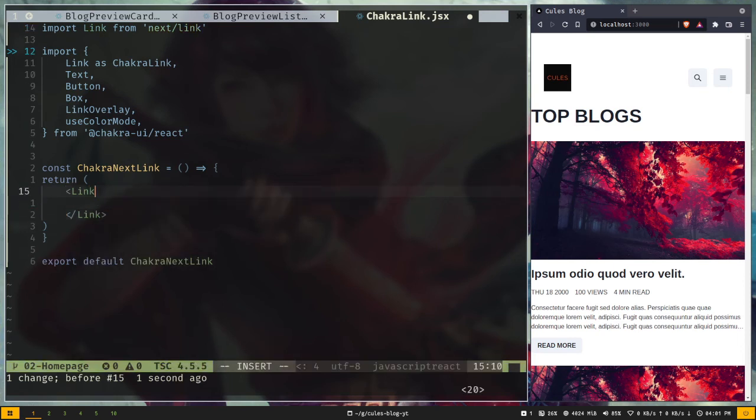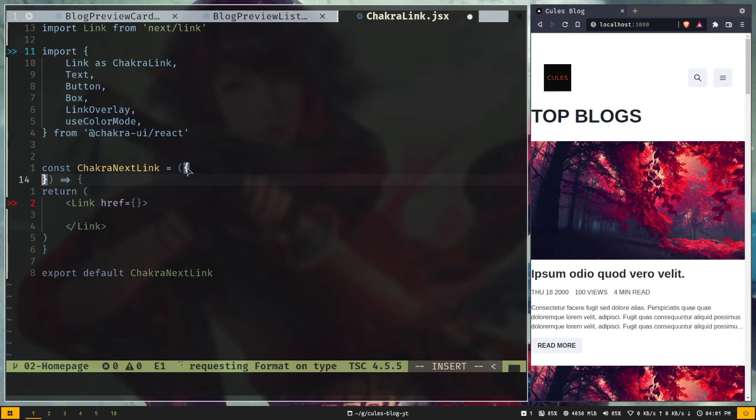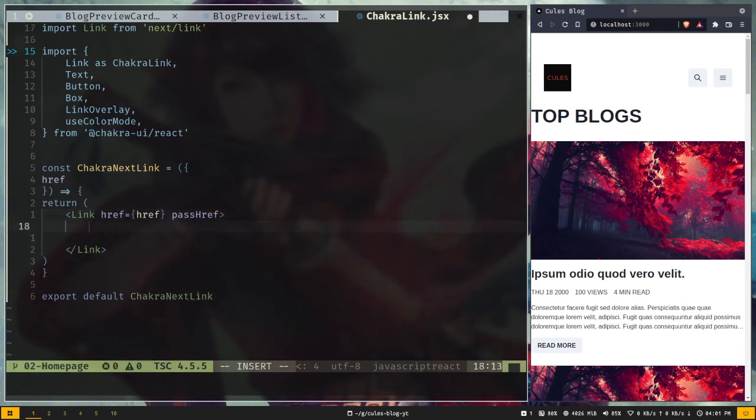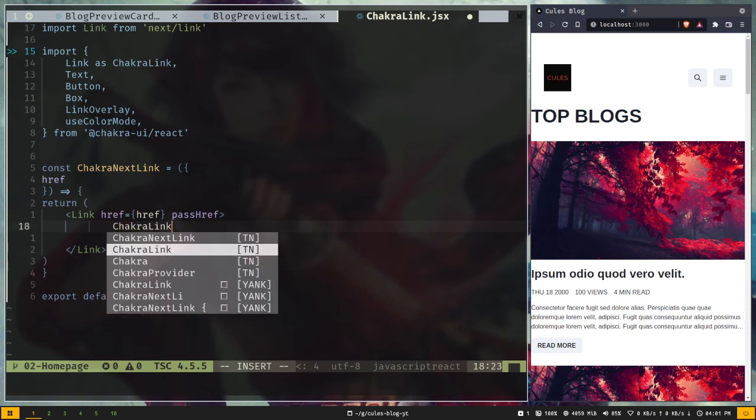It will take an href prop, and the value will come from the component props. I'll destructure that href. And I will also pass href here, and inside this link component we're gonna have to use the Chakra link component, so Chakra link, and here